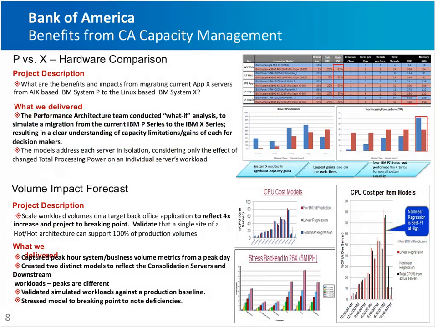around what if we move the application to this series server, what if we moved this application to that, what will utilization look like, how much headroom will we have, and they actually saw that the IBM P7 series outperformed the X series for overall system capacity. So this is just some of the predictive answers they can get before actually moving into production, and really, have that confidence level they need to get back to the business for the plans that's going to shape the future